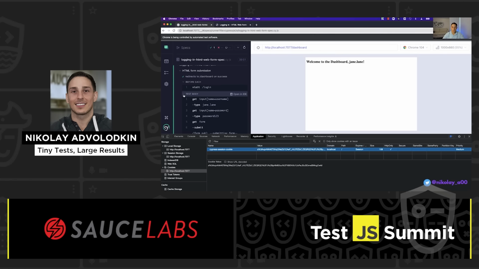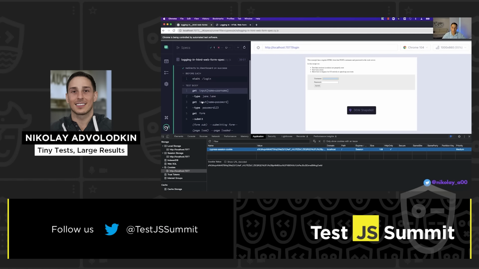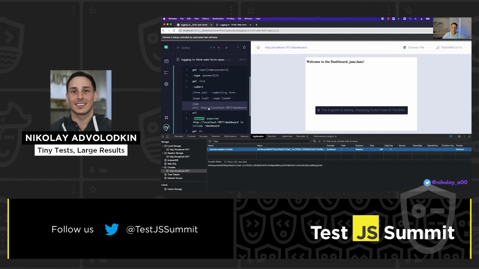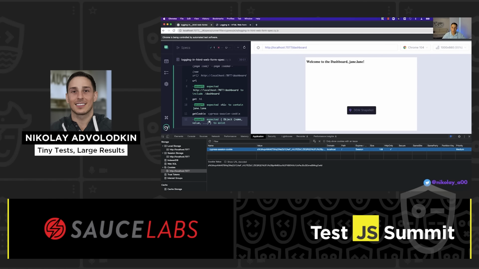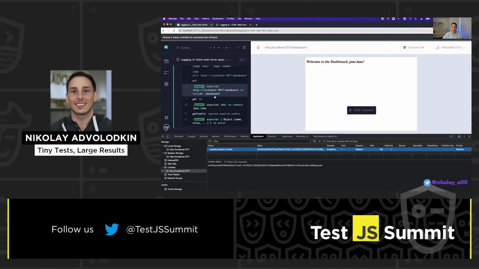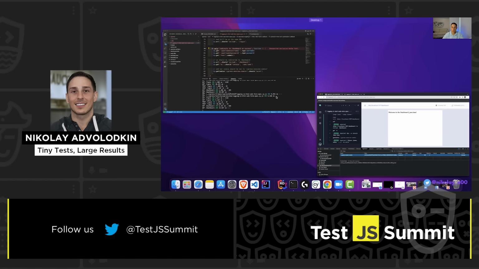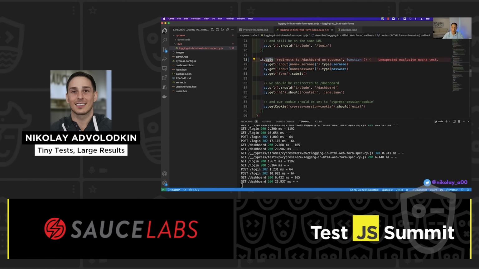The challenge with this test is that, again, it's not atomic. It interacts with the login form, logs in, and then validates that we're logged in. So that's great. But if you wanted to do any kind of actions beyond this, we'd be doing the same login thing over and over every single time. So it's repetitive and unnecessary, and we can make that action more atomic. But let me show you the rest of the tests so that you get a better understanding of